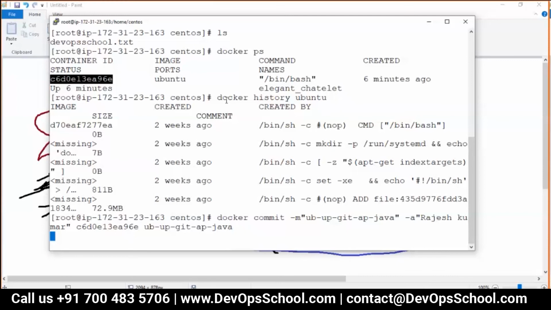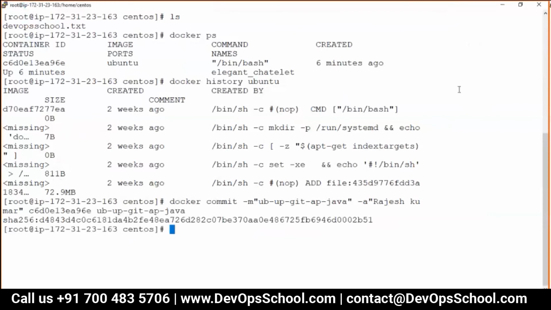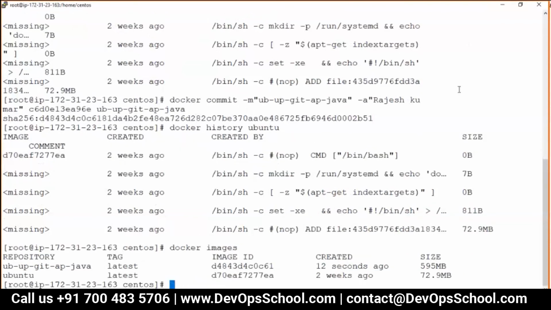I did this. So look at this here. It's a little bit huge in size. And guys, now you see this is the history of Ubuntu, and let me show you images. See here, I got the Ubuntu which was there earlier. I created a new image. This is the image ID, created 12 seconds ago, and the size also you see here.